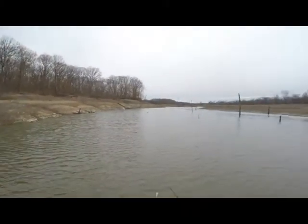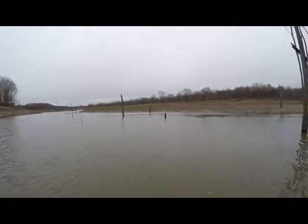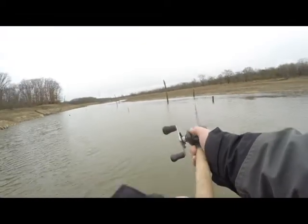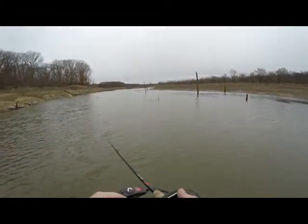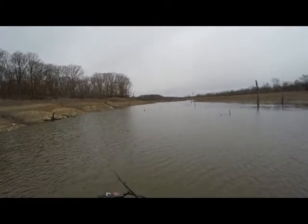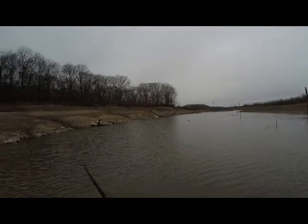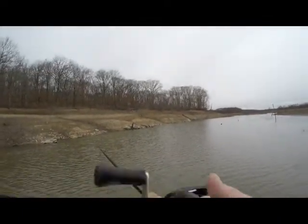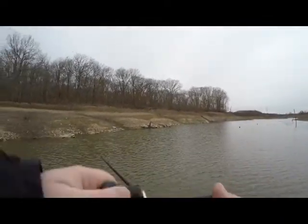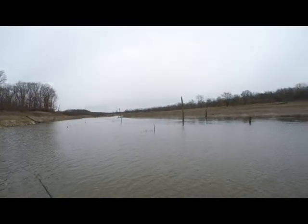So I've been following the warmer water way up here where we're super shallow. We're about 3 foot of water, throwing up into less than a foot. Like I said, up in here is not where I was expecting to be fishing today, but